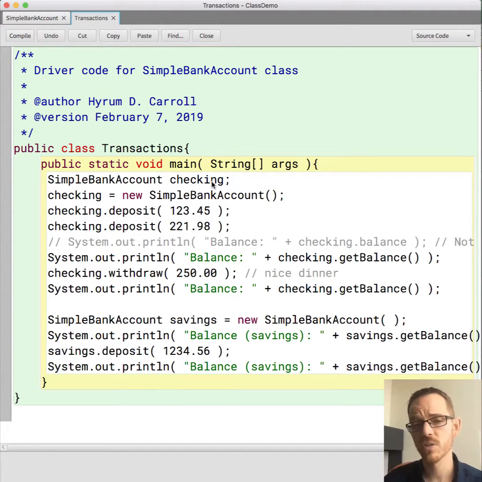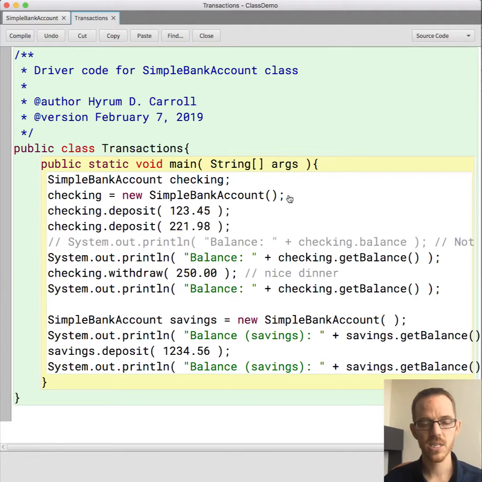That's a reserved literal, often thought of as a keyword, and it's not pointing anywhere. If we took out this line and called checking.deposit while it's not referencing any object, it would crash, and it would yell at us, and it wouldn't be pretty.